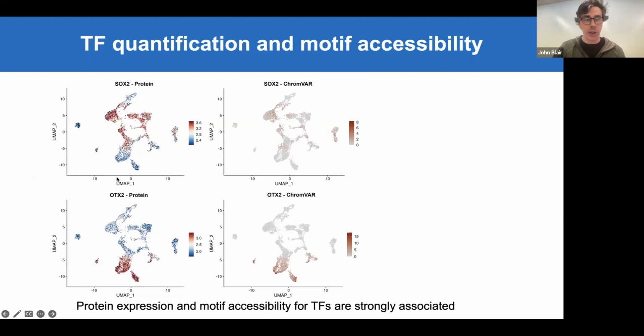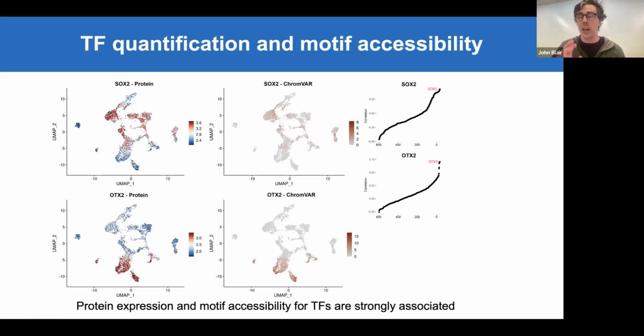So now, if we look at transcription factor quantification and motif accessibility, we can look at the levels of transcription factor protein and see that they look pretty similar to the ChromVAR scores for those respective proteins. And so not only do they look very similar, if we look at it in a different way with rank motif correlation, we can see that these are actually at the top hits. So the cells with high OTX2 protein, the most correlated transcription factor motif is OTX2 itself,